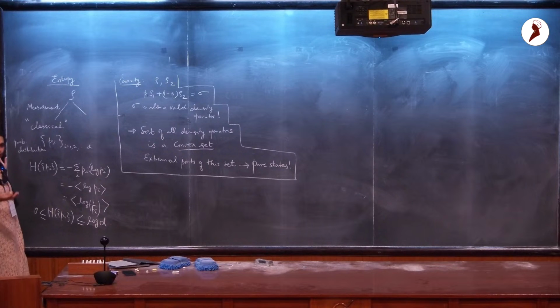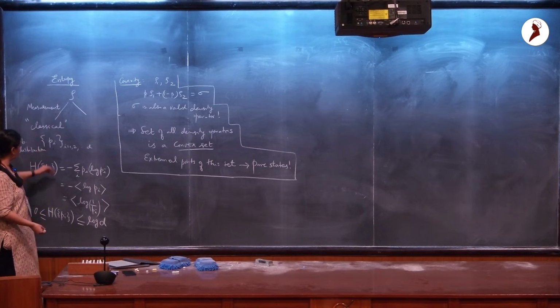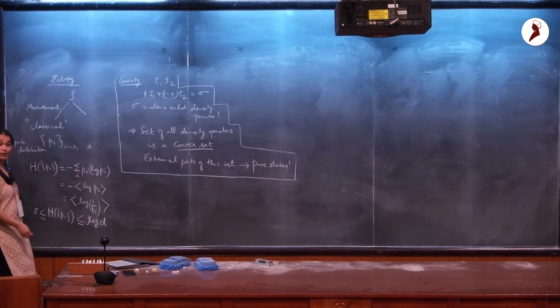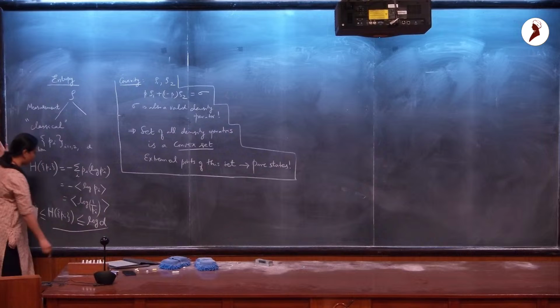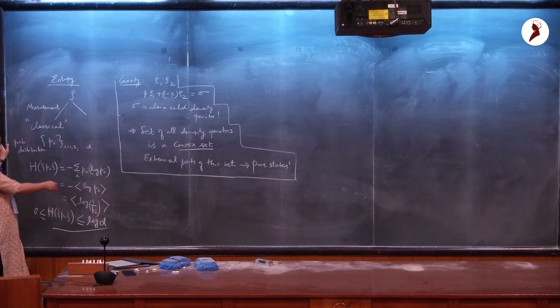Again, we go back to the spin observable example. If you're in an eigenstate of X and you measure Z, you know that the X eigenstate is an equal superposition of the Z states, right? So when you perform that measurement, what you end up with is in fact a uniform probability distribution, right? And in that case, the entropy that you would associate with this combination of state and measurement will be the maximal in that case, right? So there is a way to prove this more rigorously mathematically that this is an upper bound.